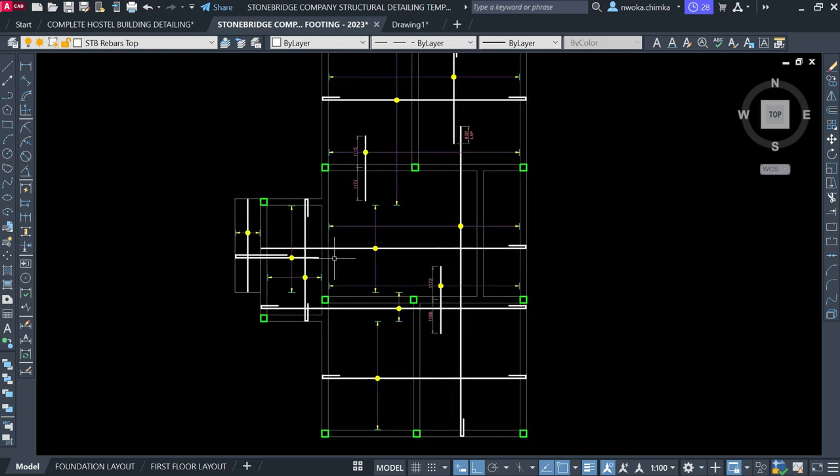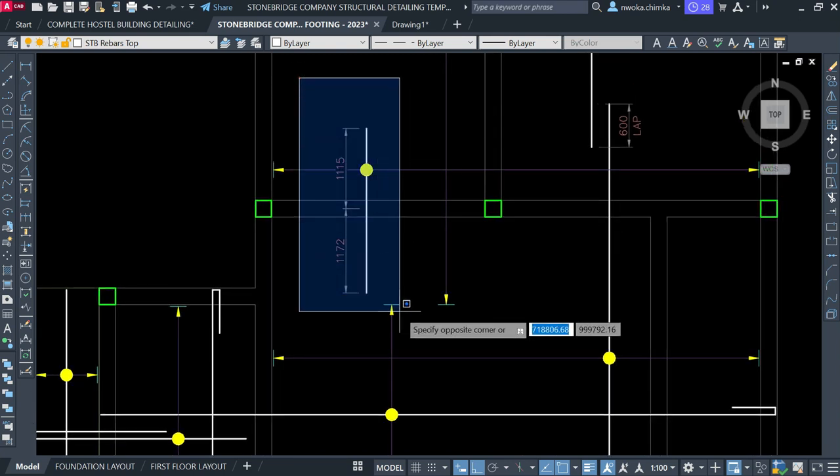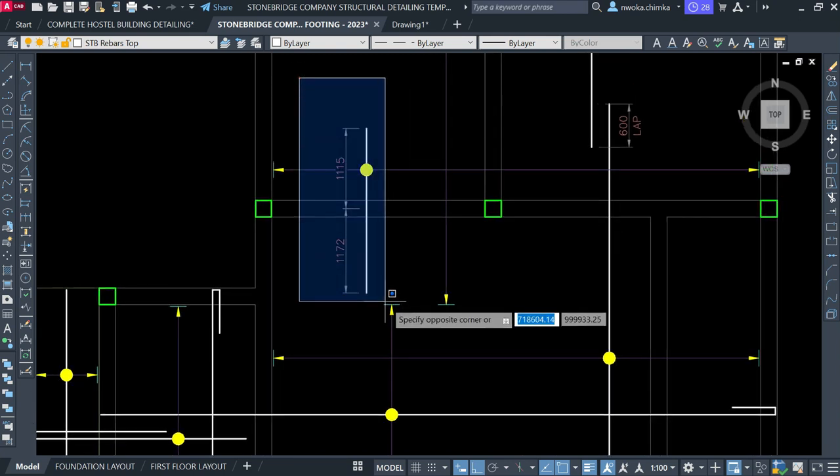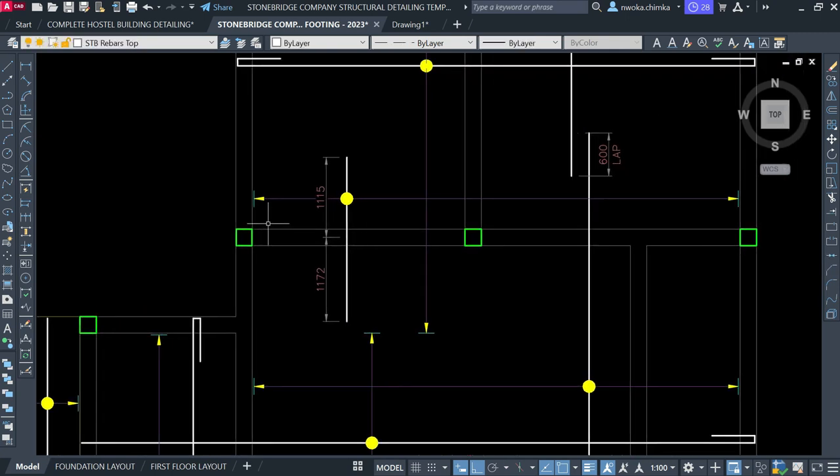Okay, so the same thing right now for this top one here. This one becomes my main top reinforcement, which we run from this point to this very point here. I'm meant to also show my top bar distribution, which we run horizontally from here to here. So right now, for me to show that,